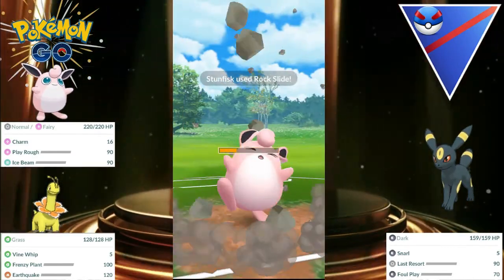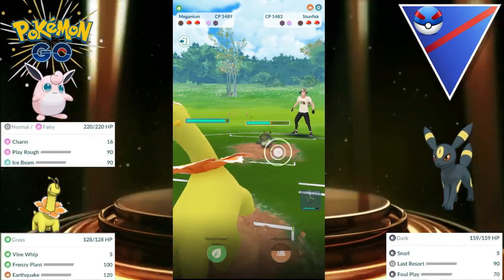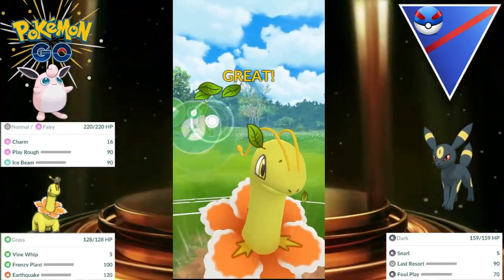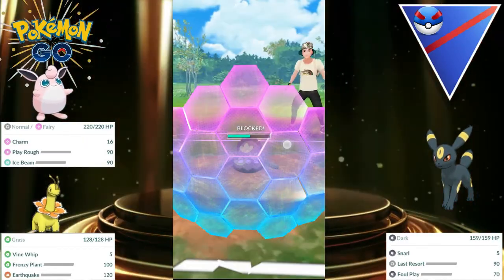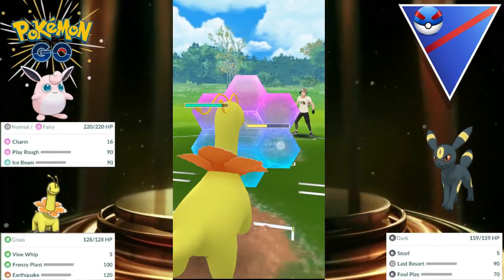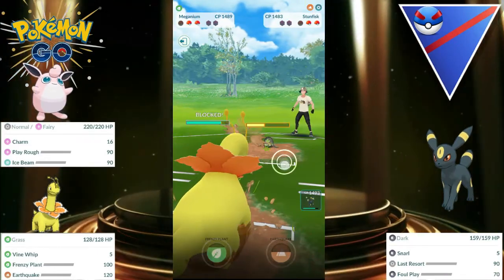We won't be shielding this, because now we can come in with Meganium, start going to work with Vine Whip and get to a Frenzy Plant, which they do shield there. So the opponent is out of shields. We still have one remaining, so we will definitely be shielding this Rock Slide, and then hopefully get to another